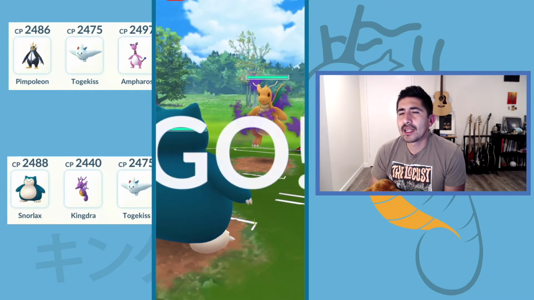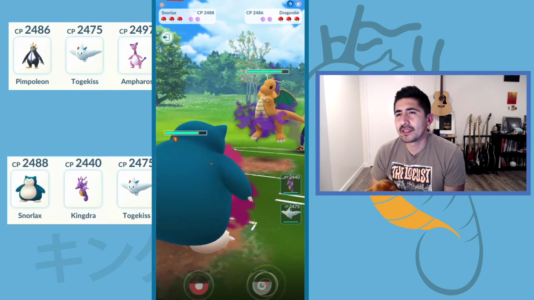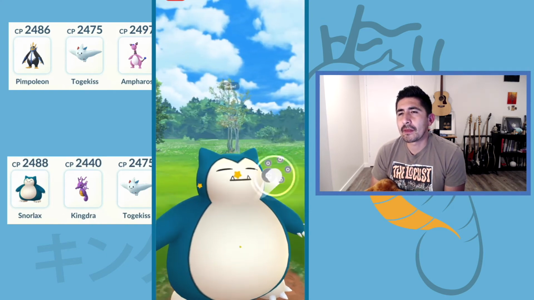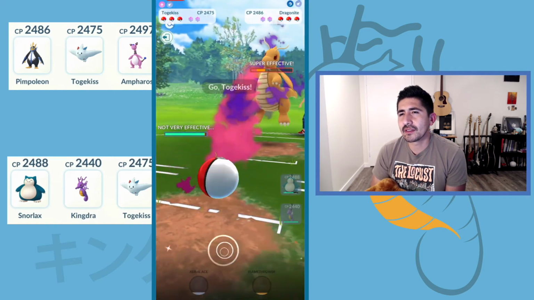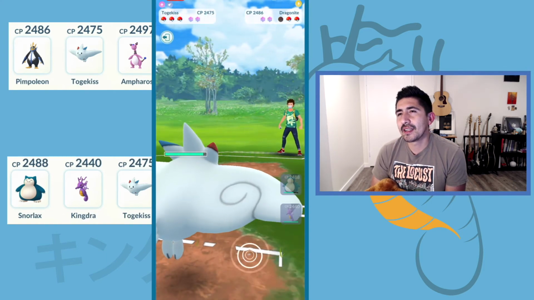Snorlax. Dragonite lead. I think this is good for Snorlax, especially because the Shadow Dragonite is going to take a ton of damage from these Body Slams. They're going to have to shield. Let's see. If they shield, they don't shield. So they're going to have to shield one. He snipes it down with...